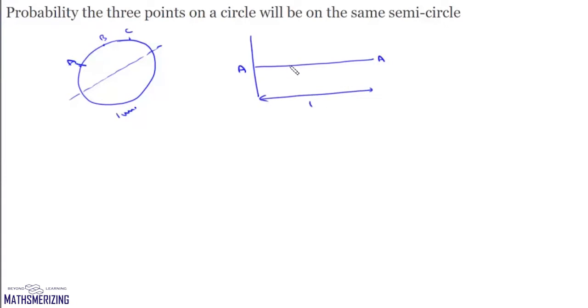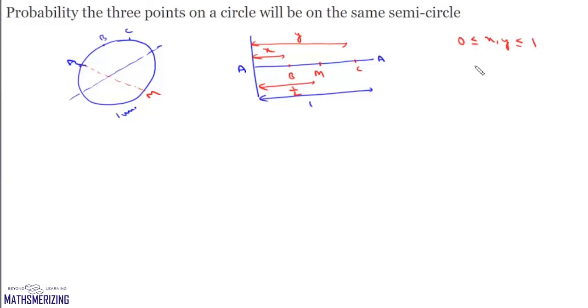Now we'll choose 2 points B and C on this line which are at distances of x and y units from A. And suppose the midpoint of this line, which corresponds to the diametrically opposite point across A, is M, and this distance is 1/2. Now clearly the values of x and y will lie between 0 and 1.